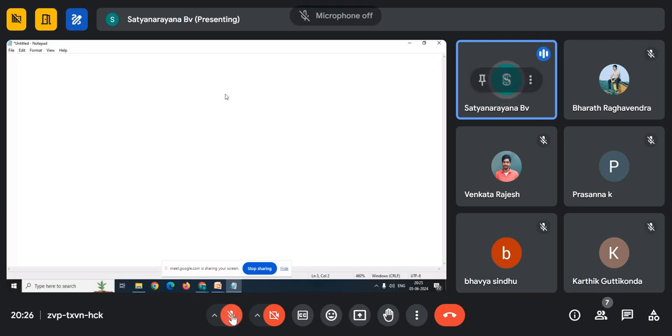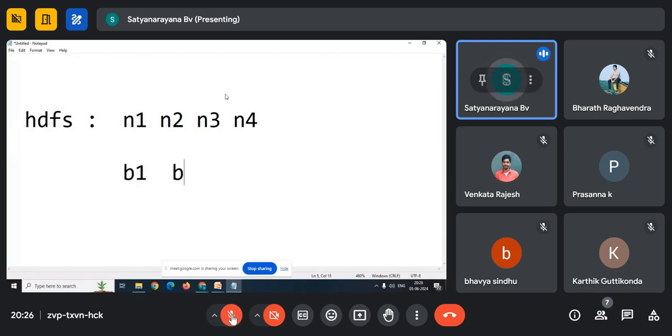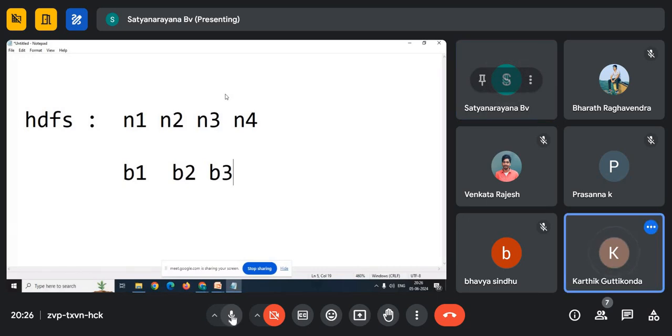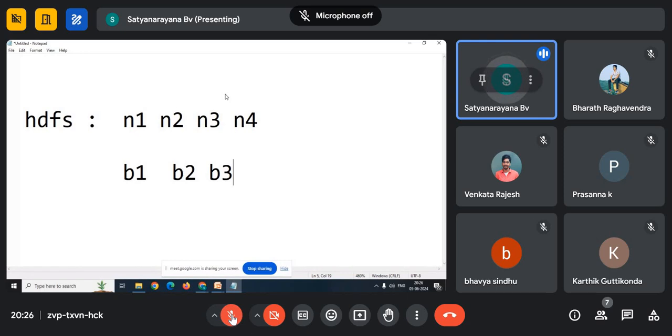What is HDFS? A set of data nodes, which we call worker nodes, right? Now there are 4 nodes. In the 4 nodes my file data is there. Node 1 has block 1, node 2 has block 2, node 3 has block 3. Actually, how many blocks with replication? 9 blocks. But here the 9 blocks will be on different machines, right? So when you want to analyze data with Hadoop or Spark, only the active blocks will be processed.